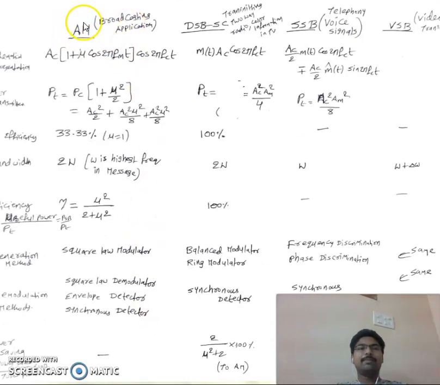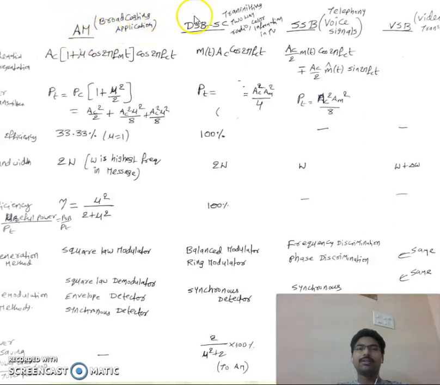See, this is the AM amplitude modulation, DSBSC double sideband suppressed carrier. Here with the carrier is there, here without carrier. SSB single sideband suppressed carrier. VSB vestigial sideband. Here this is mainly used for broadcasting application. Why? Because the power in the signal is very high, so you can transmit to the number of people to